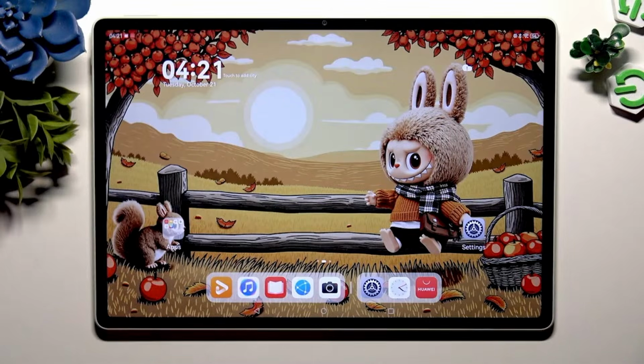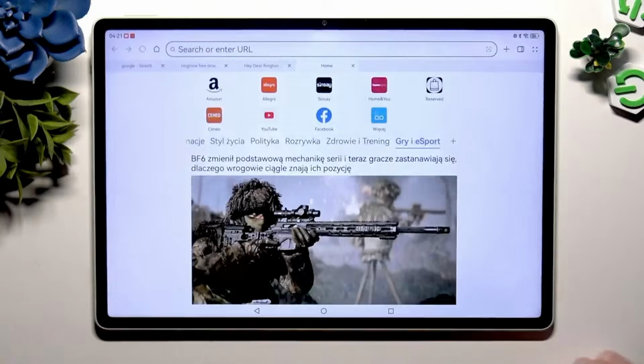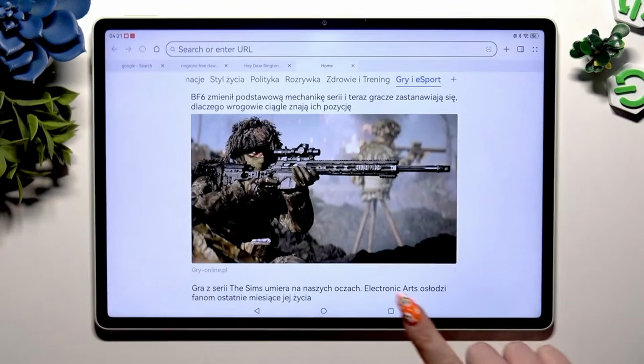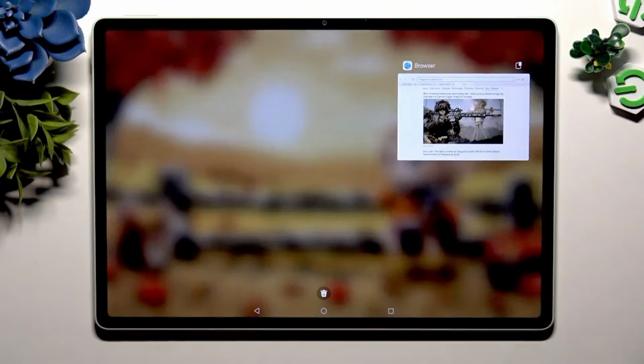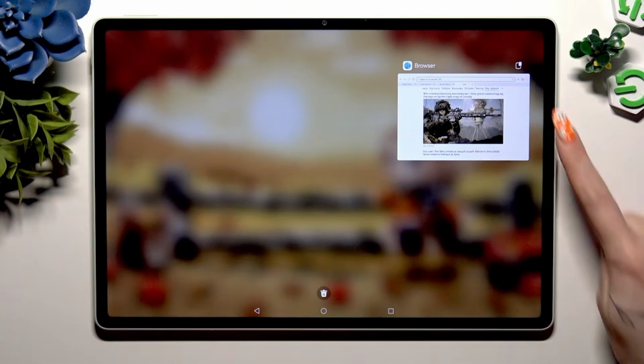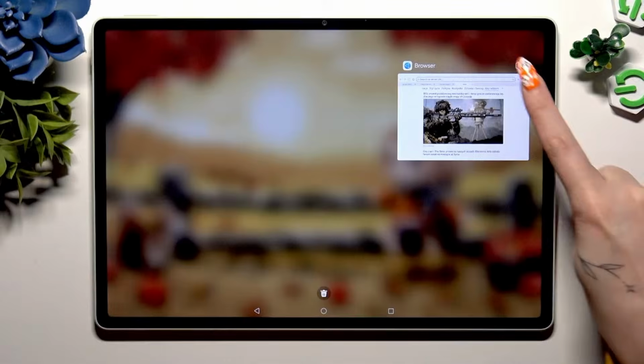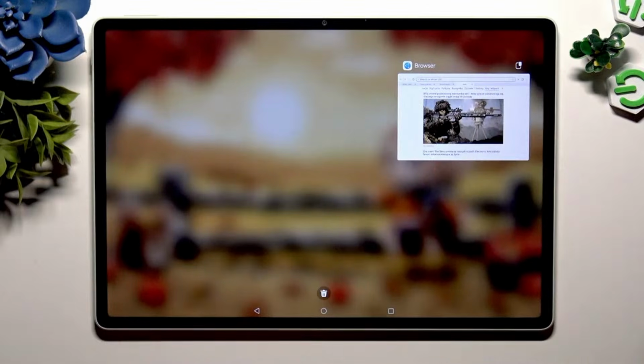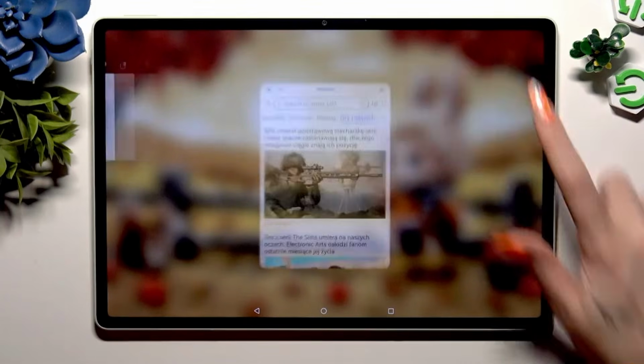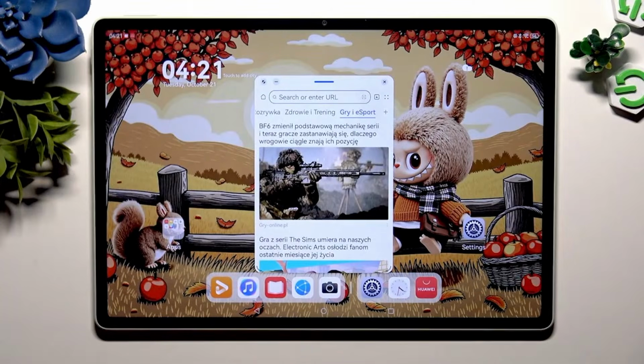Let me explain. First of all, you need to open any app you want to use in split screen view and launch it in the background. Then click on this icon at the top right corner of it to open your app as a floating window. Then tap on the second app,